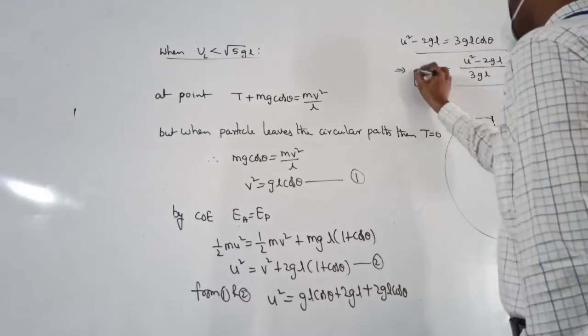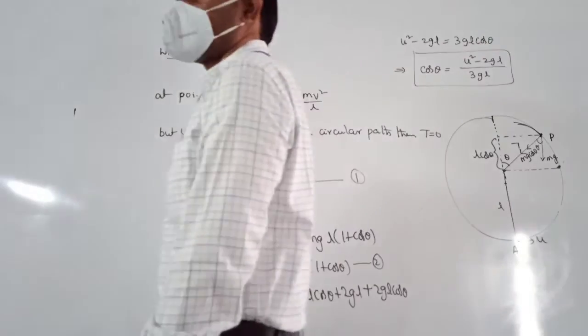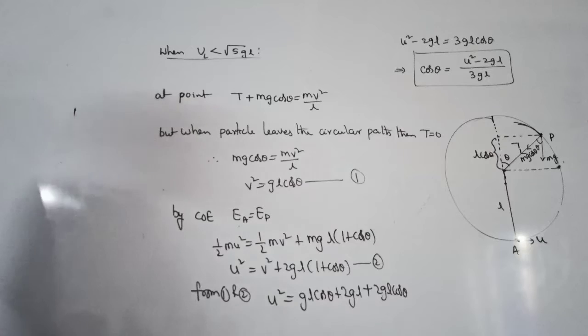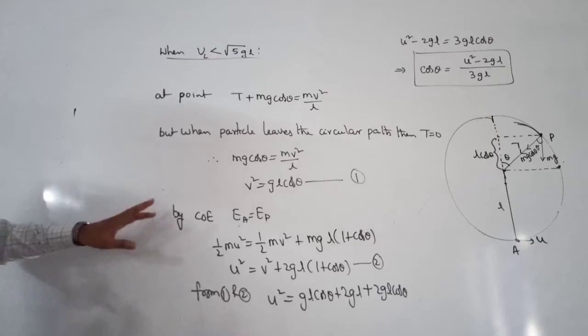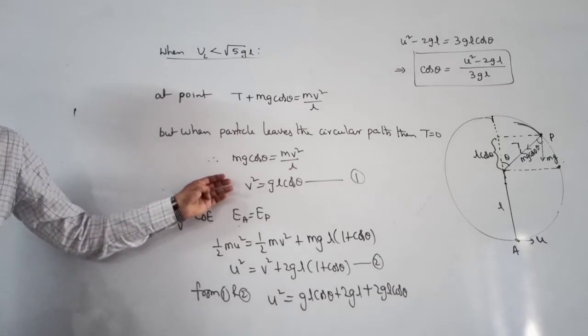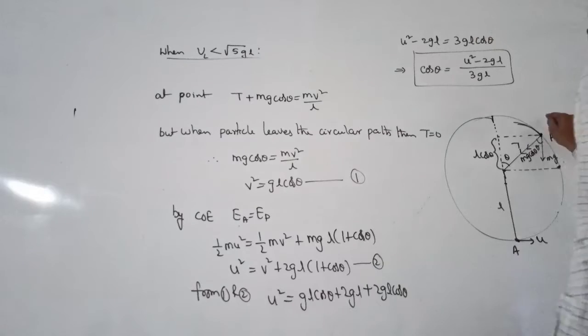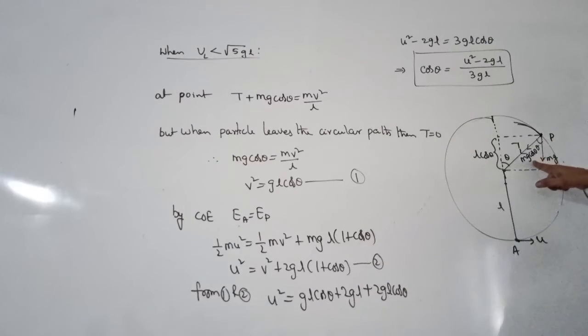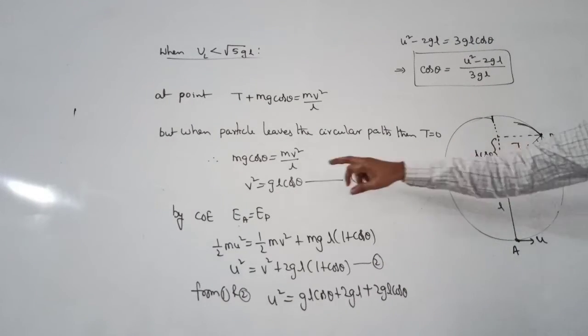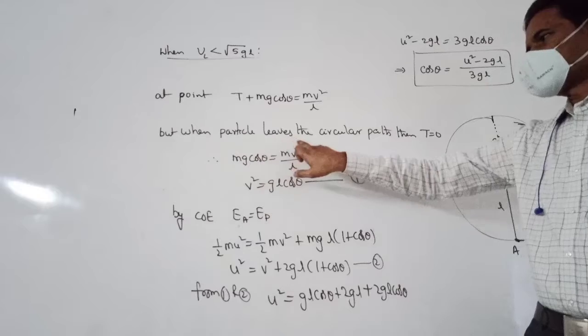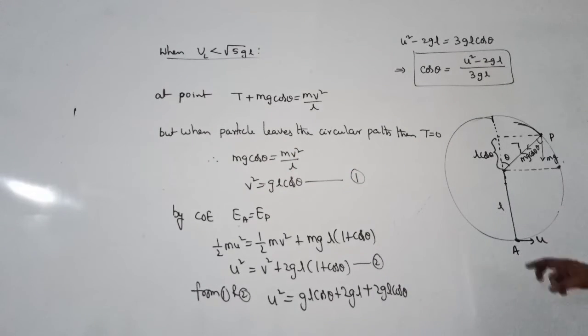No need of remembering any expressions here, you just need to remember the procedure. One force equation we are writing here at that point where the particle leaves the circular path. When it leaves the circular path, the tension will become 0. So only mg cos theta will be there. So mg cos theta is equal to mv square by L we are writing. Then we are applying conservation of energy between these 2 points. Then after simplifying these 2 equations, you will get the position where the particle leaves that circular path.